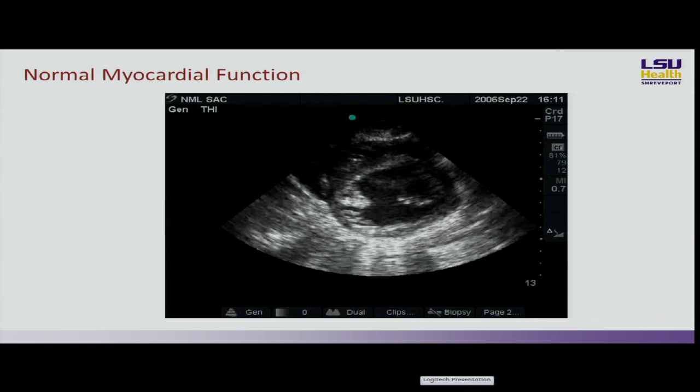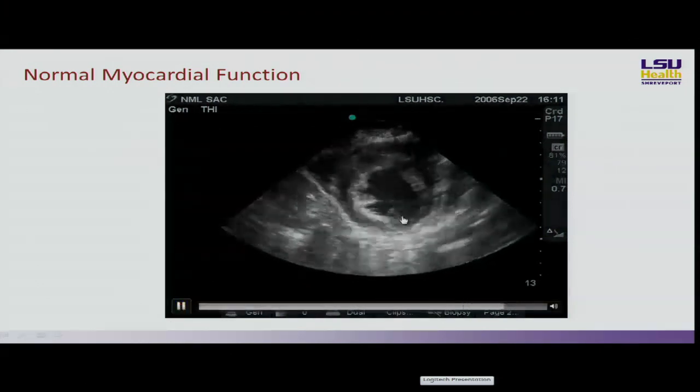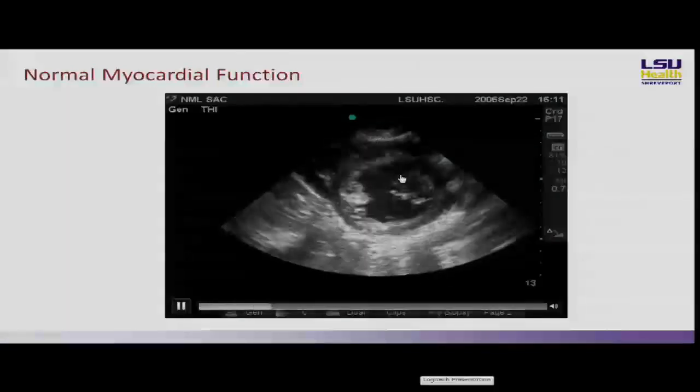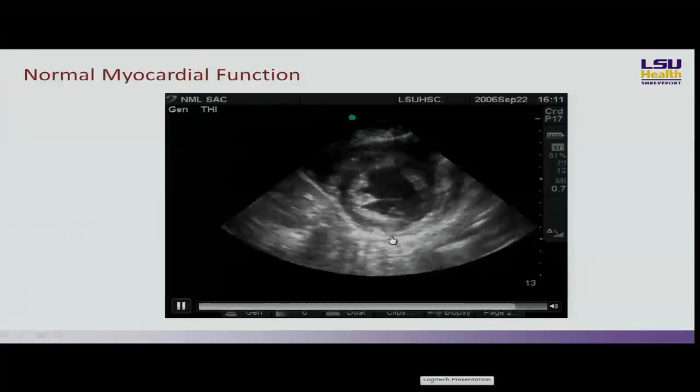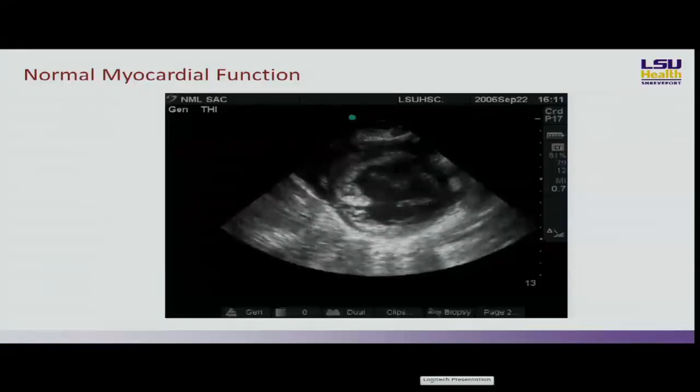It's going to show you this is normal myocardial function, just so you can eyeball it, because I'm going to compare it to a ventricular dysfunction. So this ventricle is contracting about 25 to 30%. That's equal to about a 50% ejection fraction. That's normal. And look at the next slide,